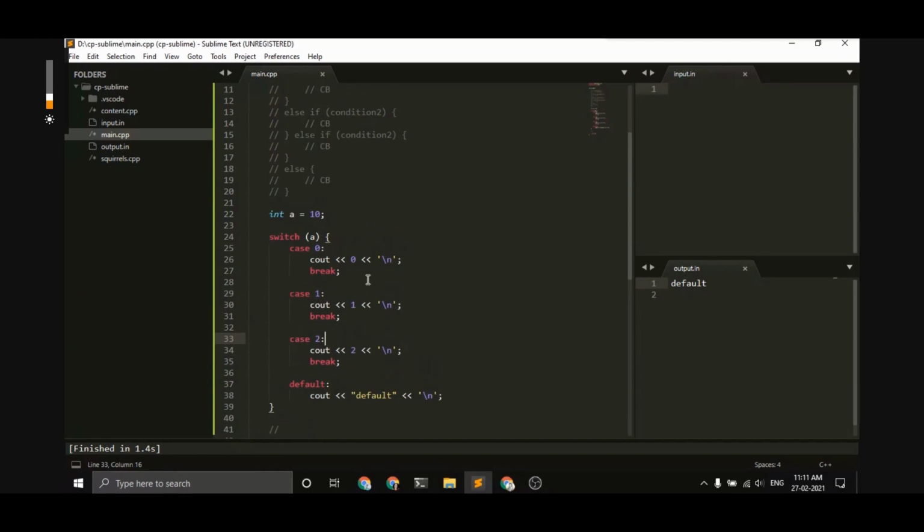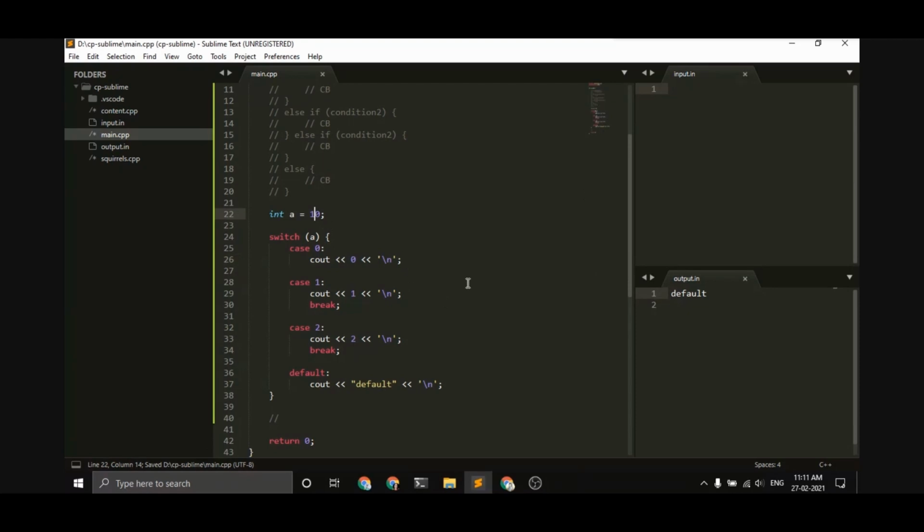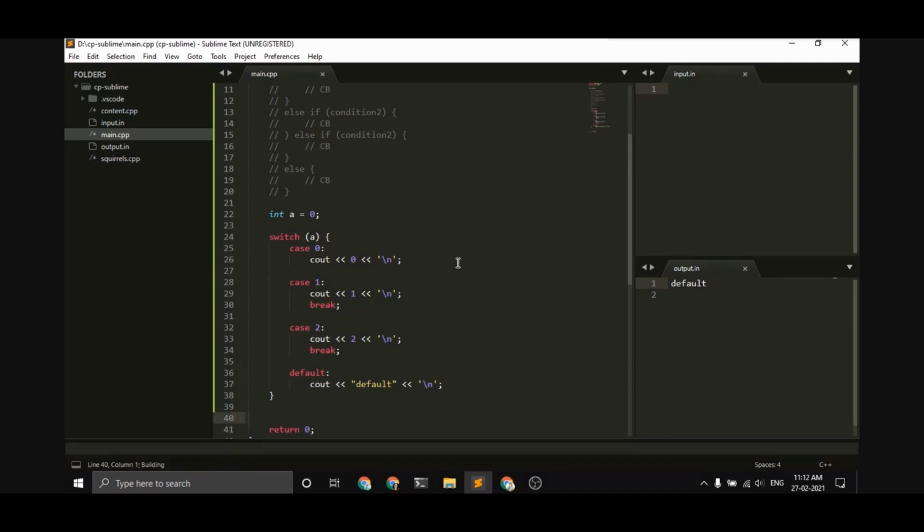And one more thing in switch cases are the fall through cases. So let's say we don't write a break statement here, and let's say our a is 0. What do you think will be the output here? We saw that 0 was equal to 0, then this was executed, and then since we had break there, we broke out of the switch case. But now we don't have the break statement. So let's see what the output is. We have 0 printed, but we also have 1 printed here.